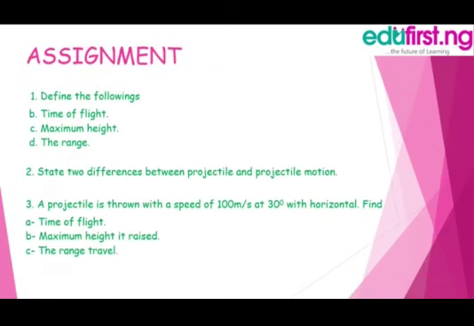Now to the assignment. At the end of this lesson, having learned a lot, we expect the student to be able to do the following. Number 1, define time of flight, maximum height, and range. Number 2, state two differences between a projectile and projectile motion. Number 3, solve this simple mathematical problem: a projectile is thrown at a speed of 100 meters per second at 30 degrees with the horizontal. Find the time of flight, the maximum height it reached, and